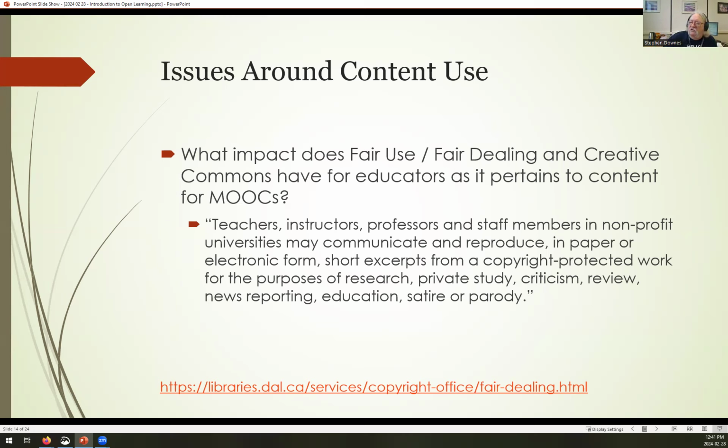Basically, they are ways that people can use content that is copyrighted. This is an excerpt from a guide at Dalhousie. It's a very good guide. It says, and it's quite accurate, teachers, instructors, professors, and staff members in nonprofit universities may communicate and reproduce in paper or electronic form short excerpts from a copyright-protected work for the purposes of research, private study, criticism, news reporting, education, satire, and parody.